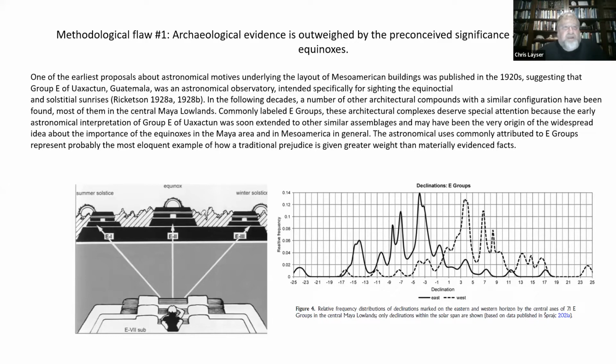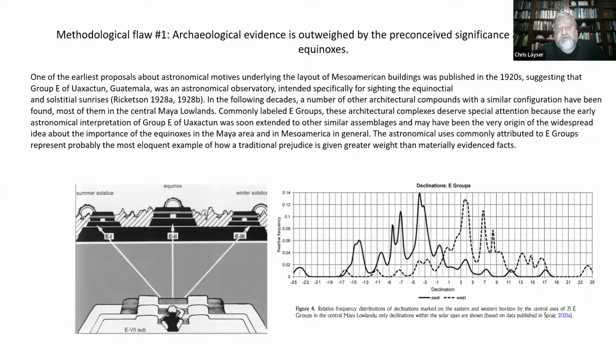ceremonial platform. So back in 1928, Ricketson and some others, when they were excavating Uaxactun, noticed that from a place upon the radial pyramid, the sunrise for the winter solstice would come over the southernmost temple on the eastern side. The equinox would come over the central pyramid, and the summer solstice would rise over the northern. And this was met with wild acclaim. Carnegie Institution threw a whole lot of money at it then,